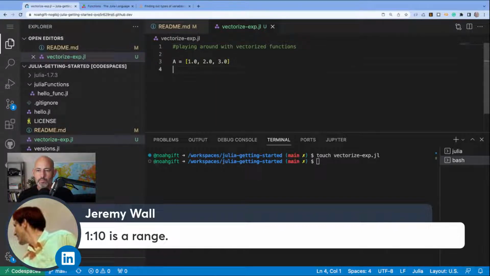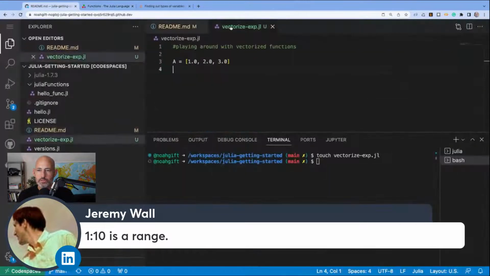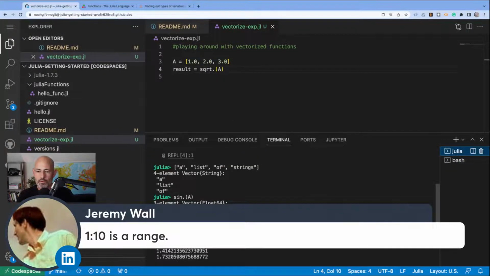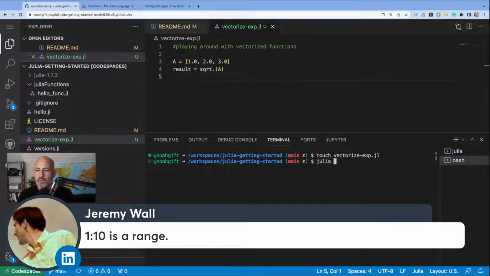Okay. And if we want to do the sum operation that I was just playing around with, or square root or whatever, we can go through here. Square root. And I'm assuming the results, we can just do this. Let's try that out in the shell. If I say results equals, does this work? Okay, so yeah, it assigns it there. So if I want to run it, I say julia vectorize